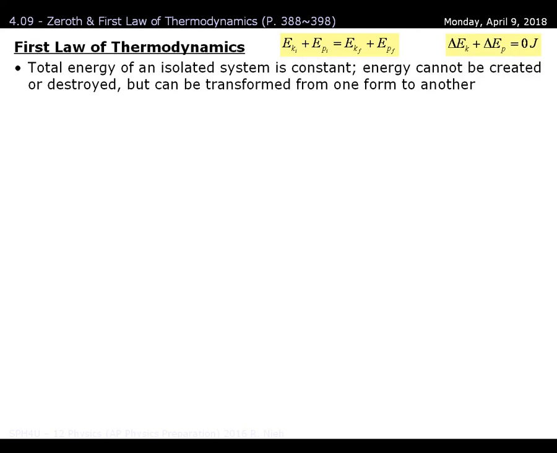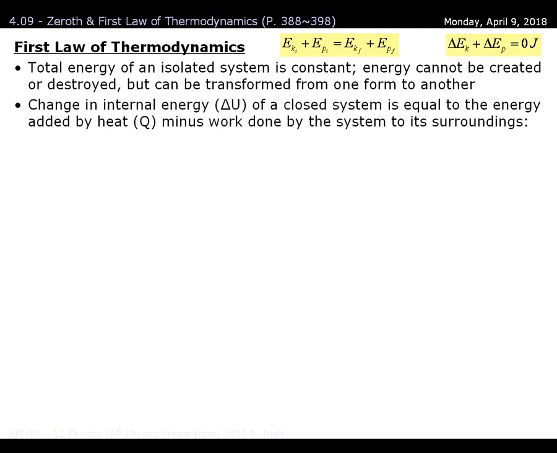Taking it that the total energy of an isolated system is constant, then any change in internal energy of a closed system is equal to the energy added by heat minus the work done by the system onto its surroundings. And here's what the formula looks like. I know this formula seems rather confusing, so how about I give you a visual